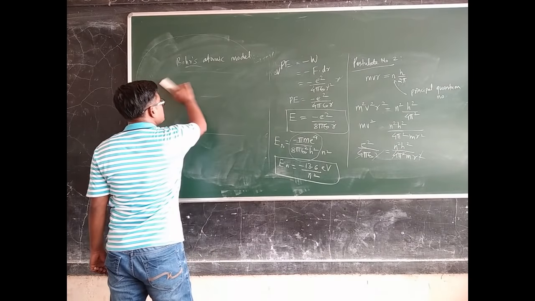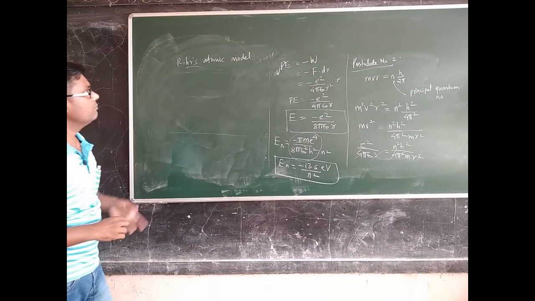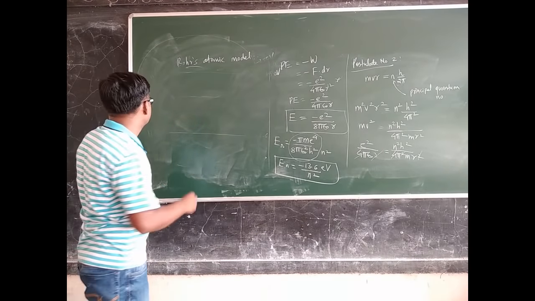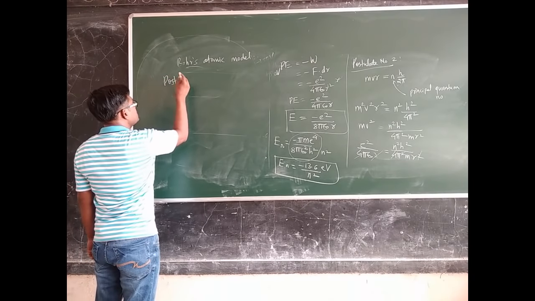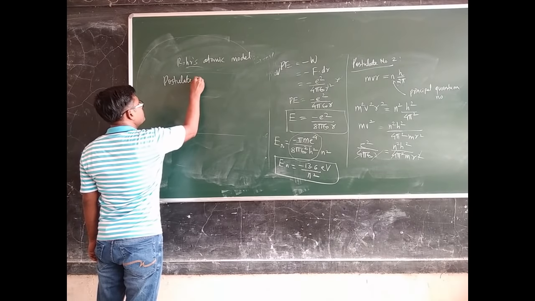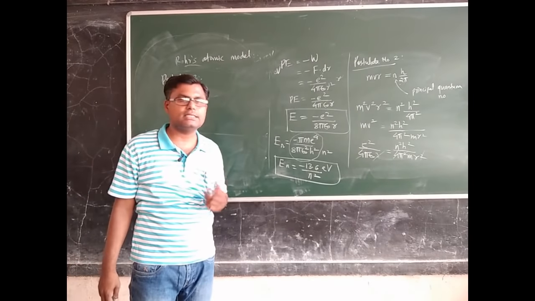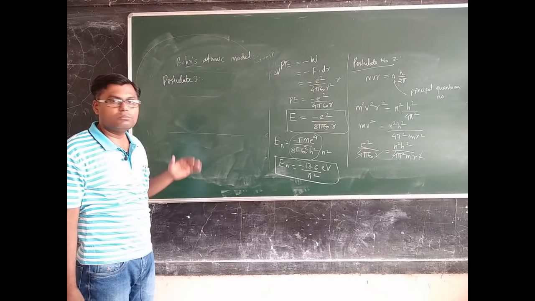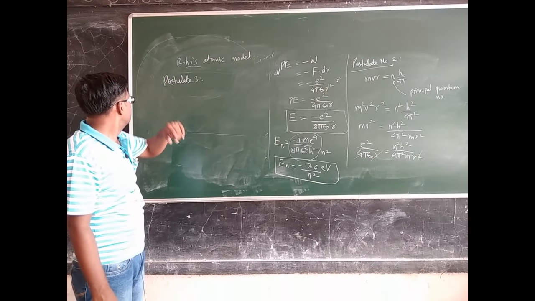So we have considered these two postulates and we have obtained very precious information, right? But the third postulate is remaining. What is the third postulate? Till now Bohr has not given the answer for the origin of spectral lines, how these different spectral lines are arising. So in order to explain that, Bohr has given the third postulate.